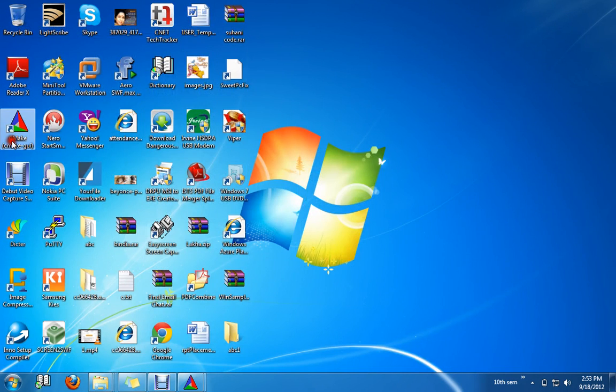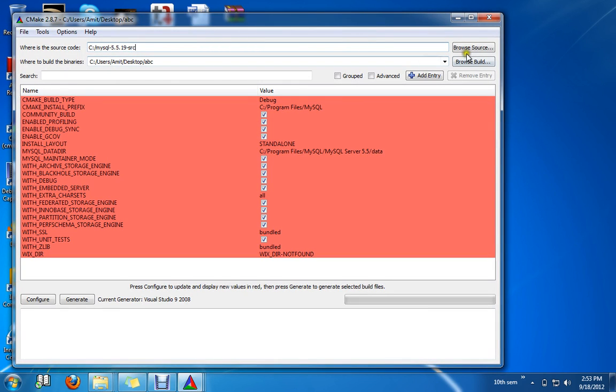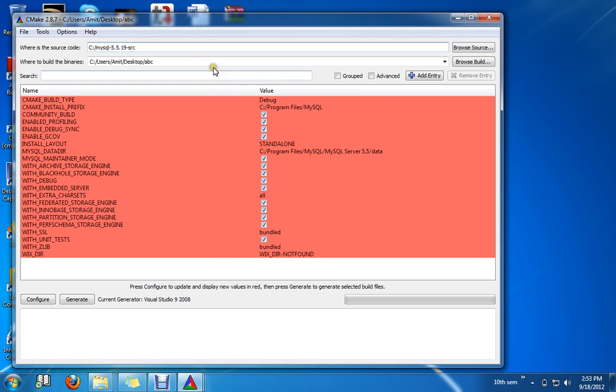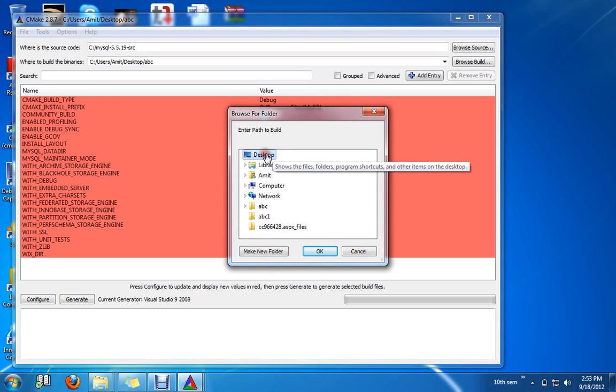Then open the CMake software, select the source code folder which has been stored in the C drive, OK, and now give the output path where you need to save the binary files. So browse build, desktop, and select any name for the folder. Note that the folder should be blank. Then select ABC1, OK.